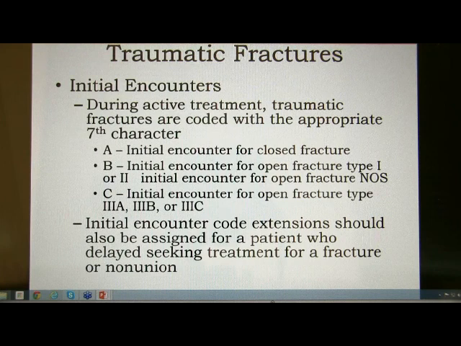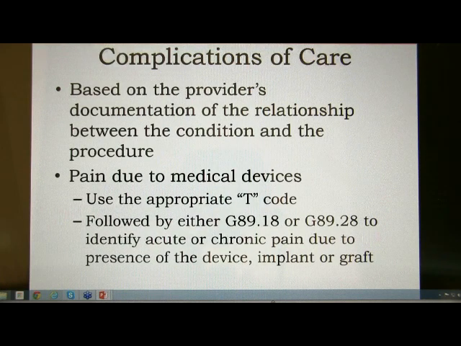Complications of care. So again, based off of your documentation, the relationship between the